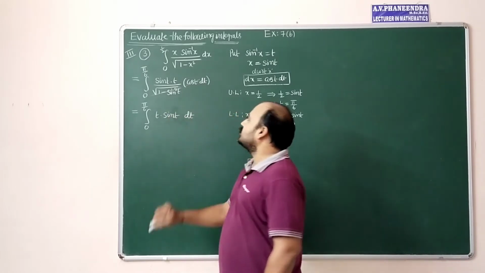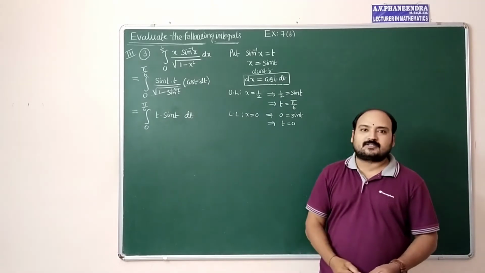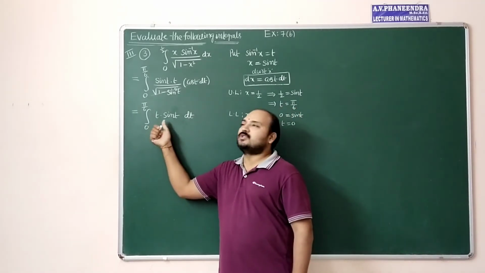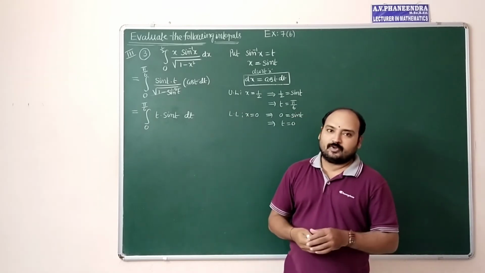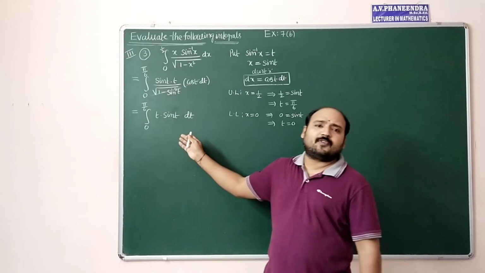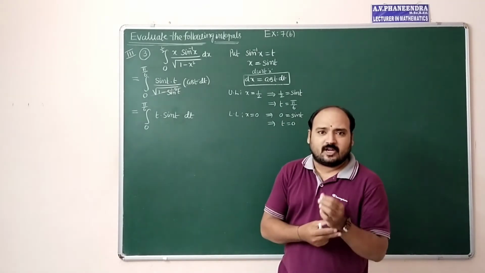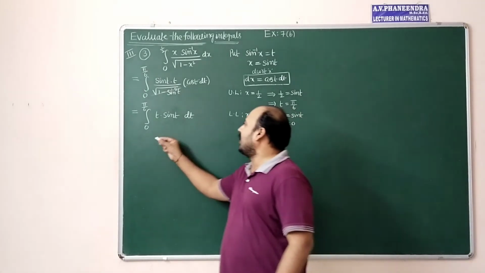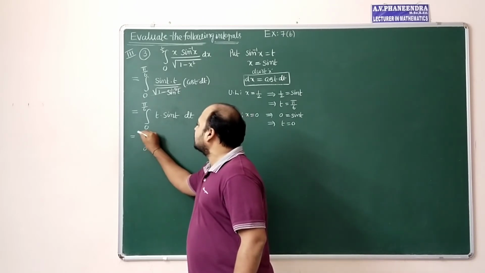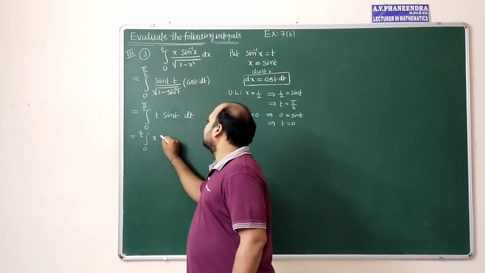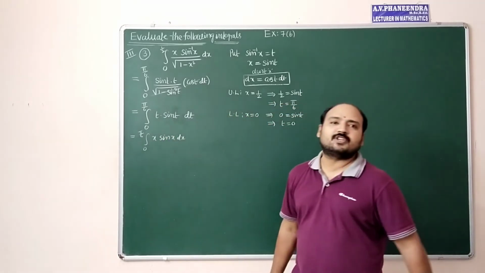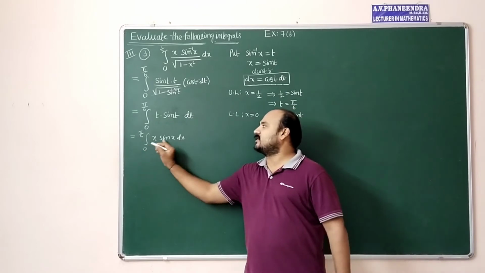Here we are going to apply integration by parts by using the ILATE formula also. We know that integral a to b f of t dt can be written as integral f of x dx, variable change property. So we can apply that. So we can write it as integral 0 to pi by 6 x sin x also. Why? Because of the variable change property. This is f of x, this is g of x.